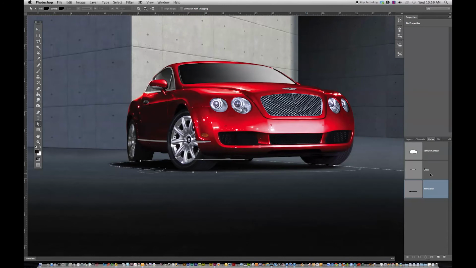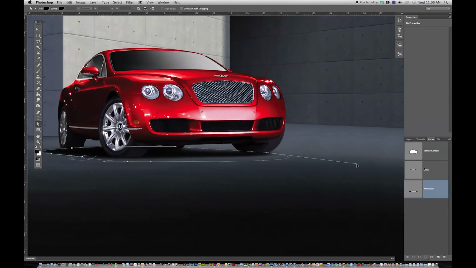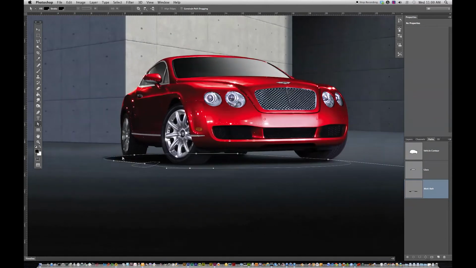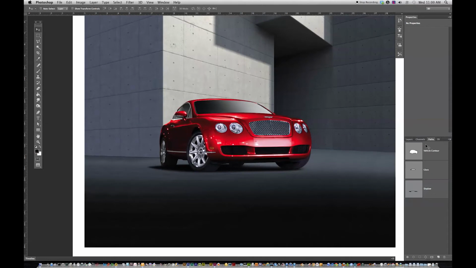I did this simply by using the white arrow that's in the lower half of the toolbar, right below the T or text tool. The black arrow, conversely, in that same location, will move the whole path. The white arrow moves just parts of the path or just points within the path. It's a very convenient tool. Alright, so I'm going to name this. Let's call this shadow. And now I'm going to move on to the next stage, which is going to be